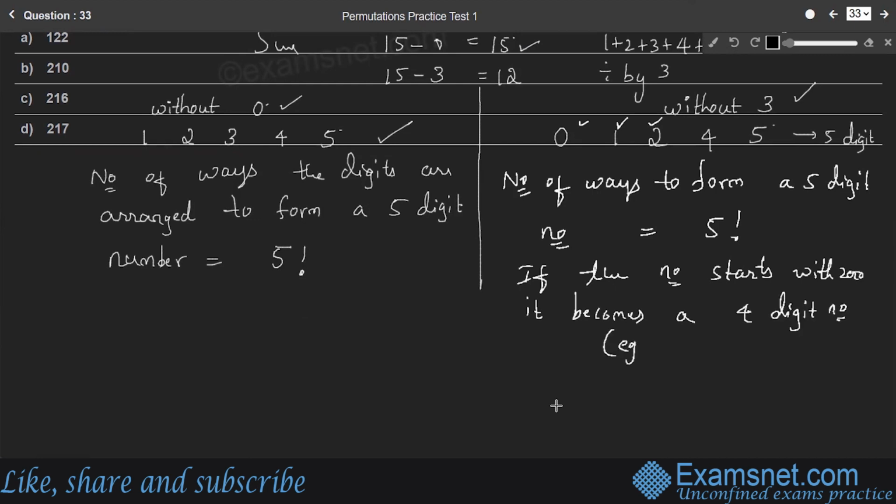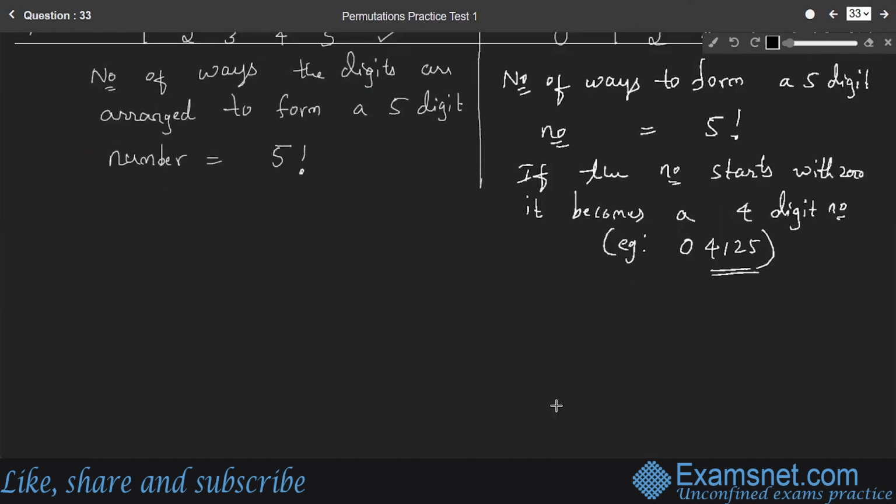For example, 0, 4, 1, 2, 5 is 4125. Though the sum of the digits is divisible by 3, it is not a 5-digit number. Therefore, the number of ways of forming a 4-digit number